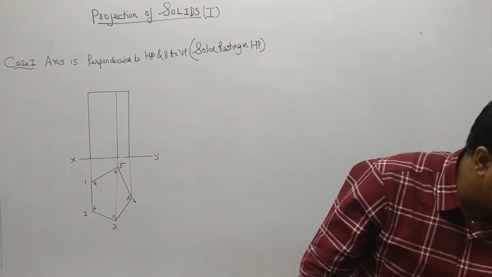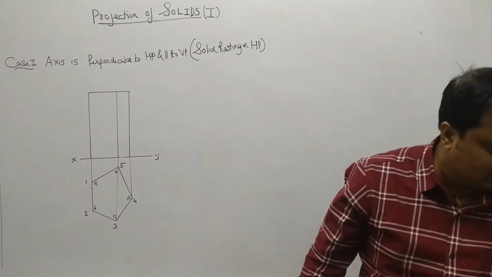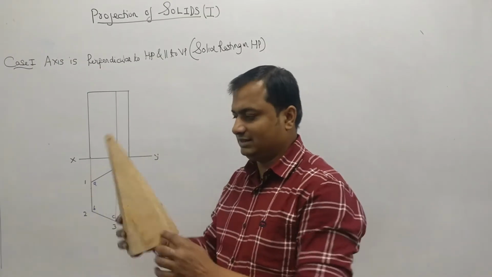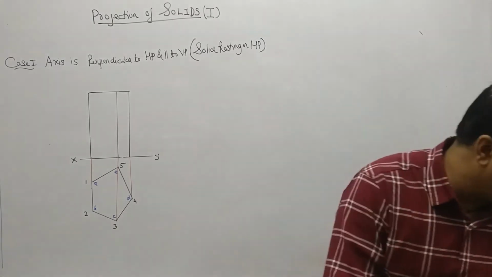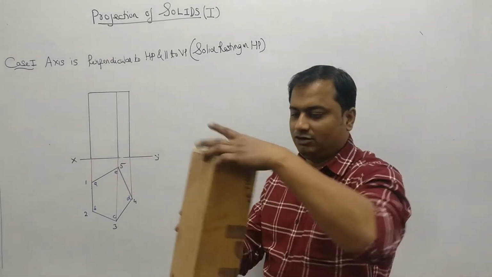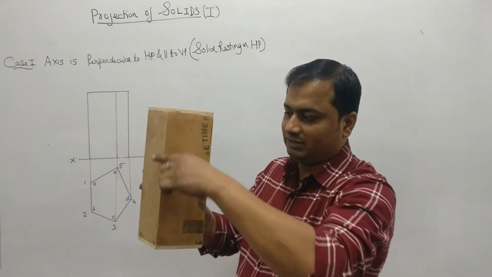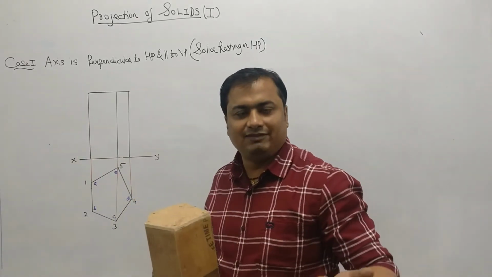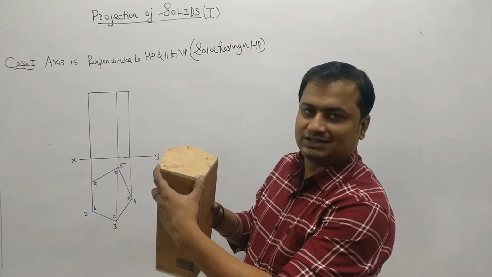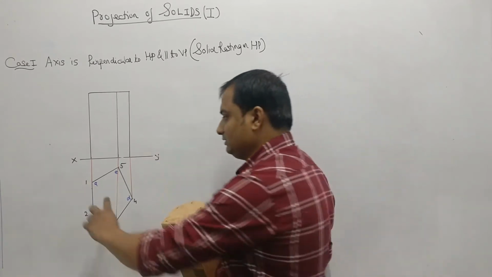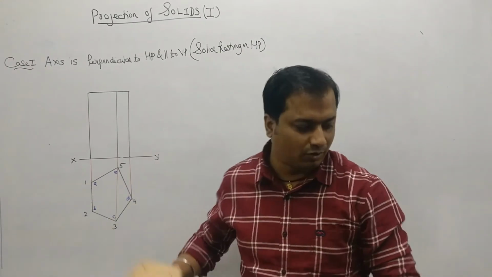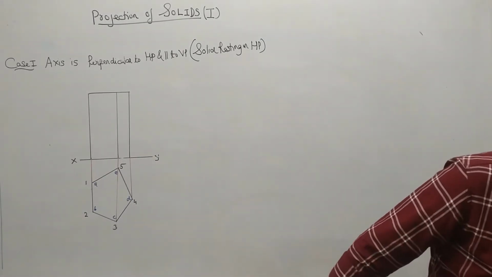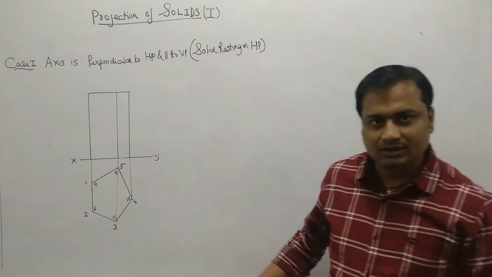So now what is the height and what are the dimensions for the base edge? That depends on the problem. If I say the height of the prism is 60 mm, then the height of the rectangle will be 60. If I give you the data like one side is suppose 30 mm, so this will be the 30. So what is the height of the rectangle and the length of the base side of the pentagon depends on the problem only.